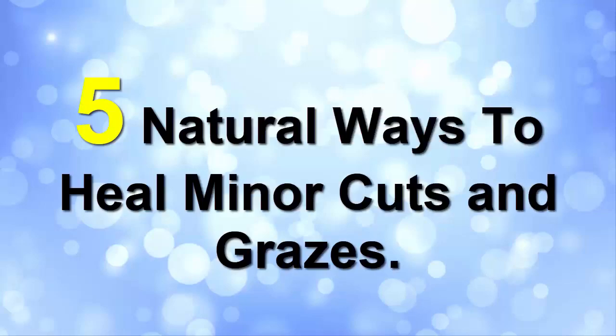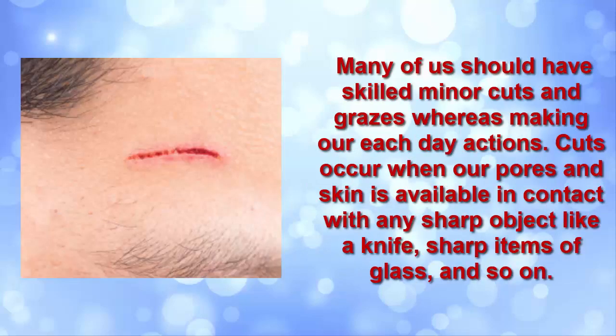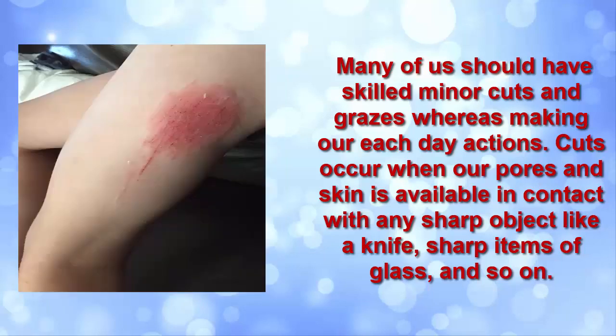5 natural ways to heal minor cuts and grazes. Many of us have experienced minor cuts and grazes while doing our daily activities. A cut occurs when skin comes in contact with any sharp object like a knife or a sharp piece of